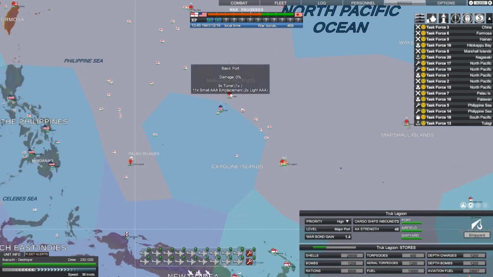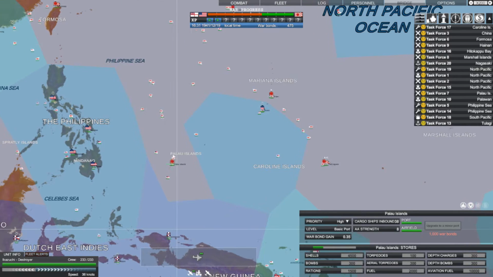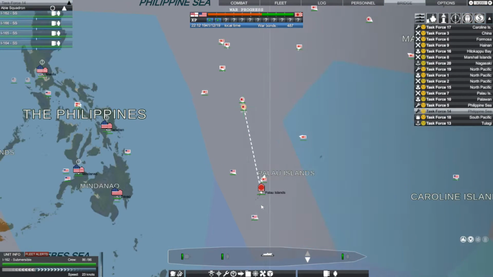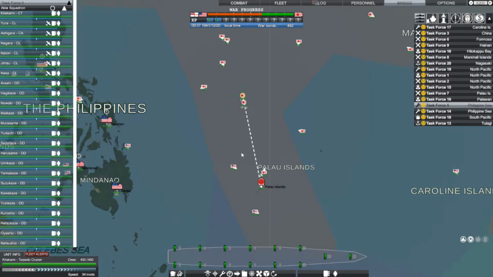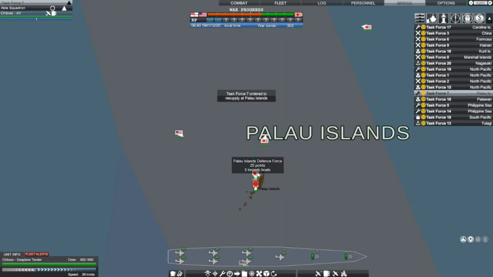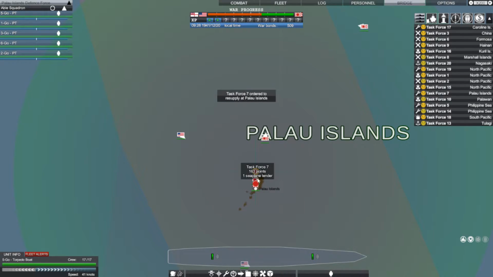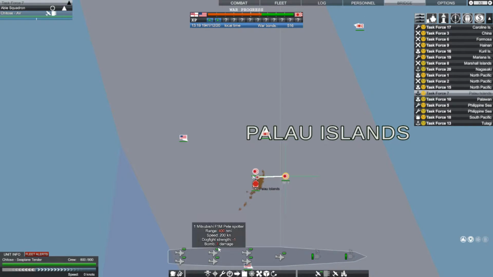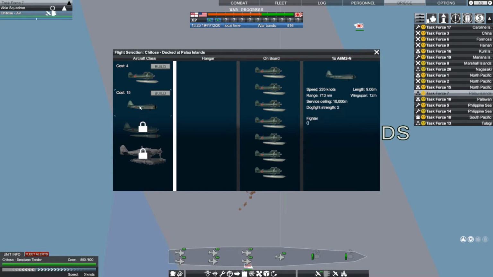Storage bar. Storage bar. 4 subs and all these cruisers are headed here. I think there we are. Seaplane tender likes to hide in the shadows here. And while we're waiting for everyone to move into position, I want to